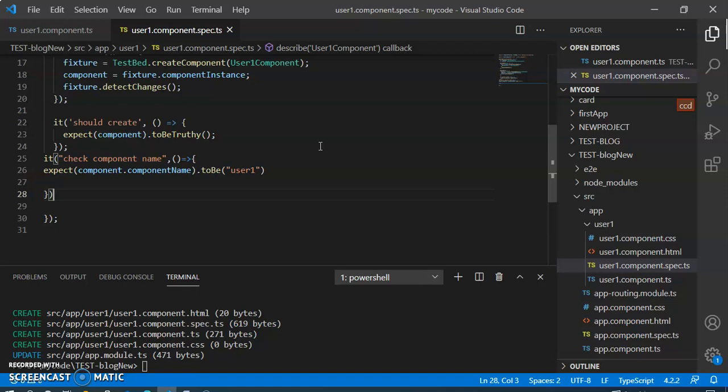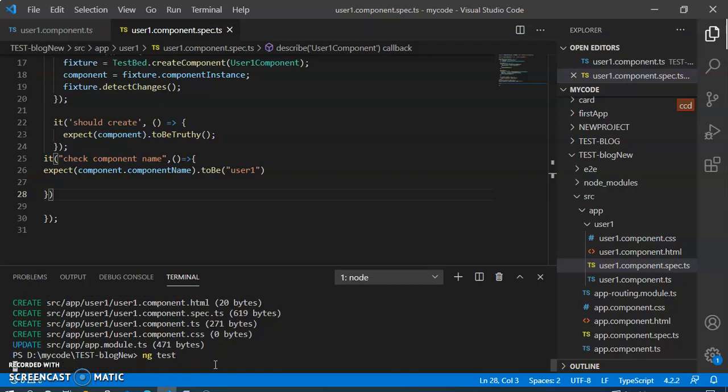To check our program we have to write ng test. This is the new command. After writing ng test, you can see what is happening: whether we are having any kind of problem or error in our code, or it is working fine.